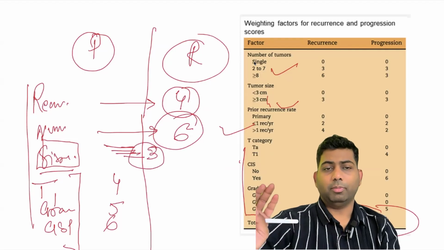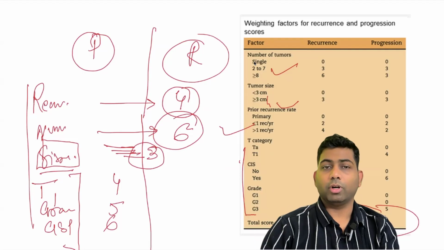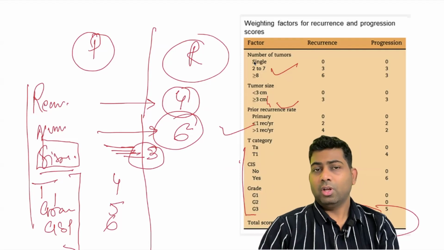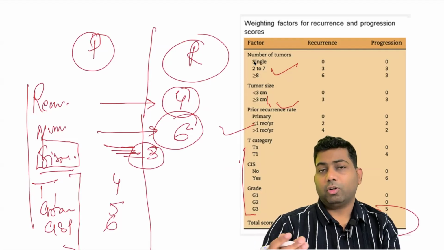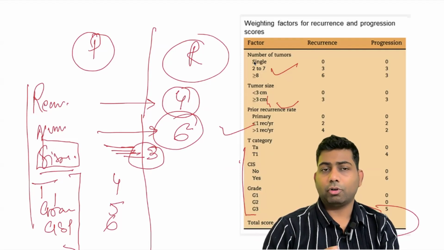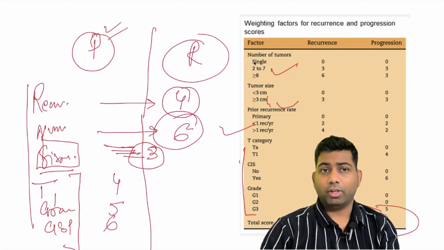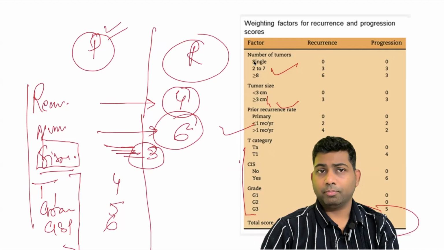And then you have different scores. Now, it's not possible for you to remember or calculate the score when you get the question. Nobody expects you to do that. What is more important for you is you find out, as per the question, does the patient have any risk factor or not? Let us first talk about the progression, because P comes before R, so we are going to talk about progression always first. Now, if you look at the progression,